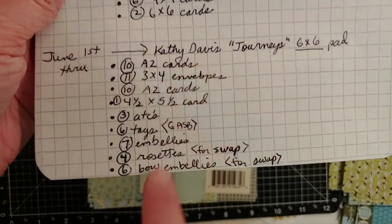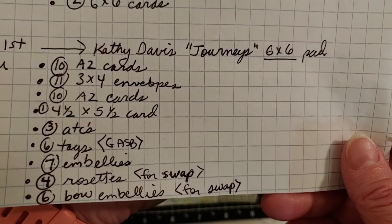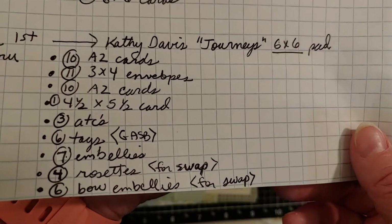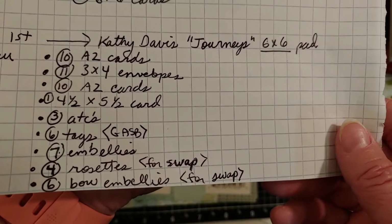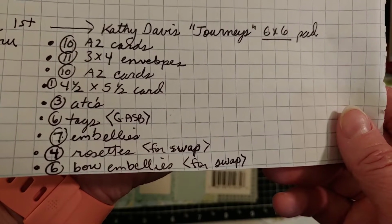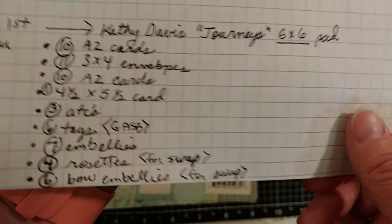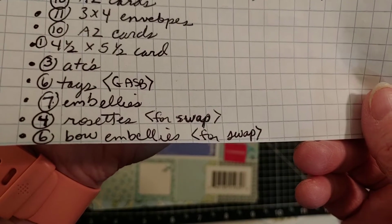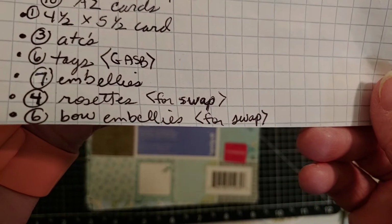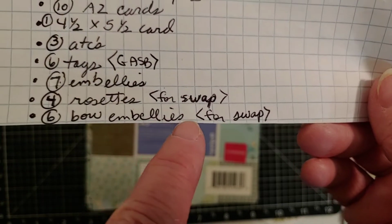These are what I have made on my different crafting sessions. 10 A2 cards, 11 3x4 envelopes, 10 more A2 cards. I made a 4.5 by 5.5 inch card. 3 ATCs, 6 tags for the Great American Stash Bash collab, 7 embellishments, which were in my embellishments on the 11th collab video, rosettes that I made for a swap, and then I made 6 bow embellishments for a swap,